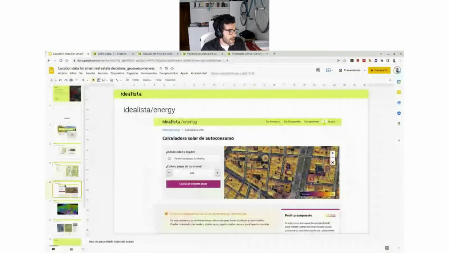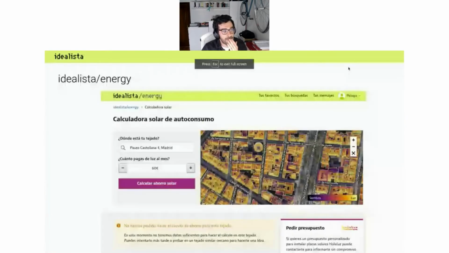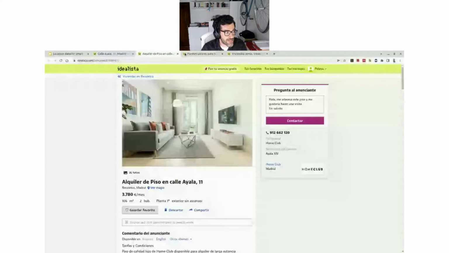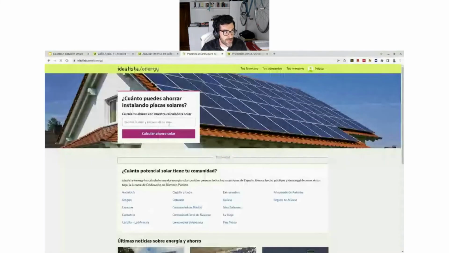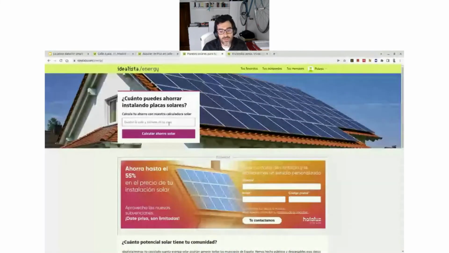Along with Idealista Maps, we have also built Idealista Energy. I could say that it's a companion portal. If we go to Idealista Energy, the purpose of this portal is to provide you with the solar energy potential of your rooftop, so you can get a business case just to check if it's interesting for you or not